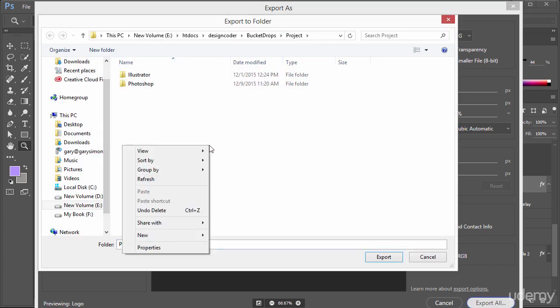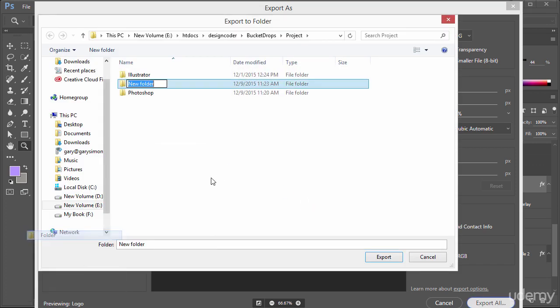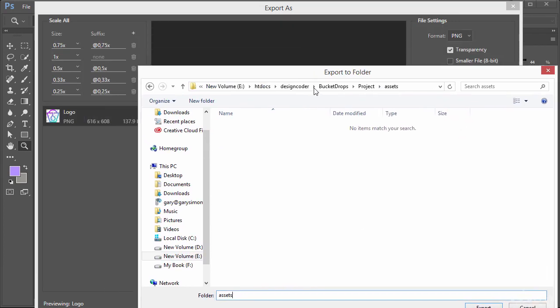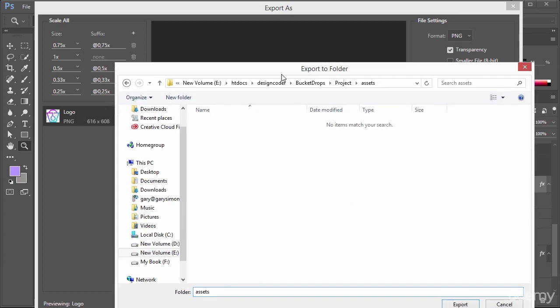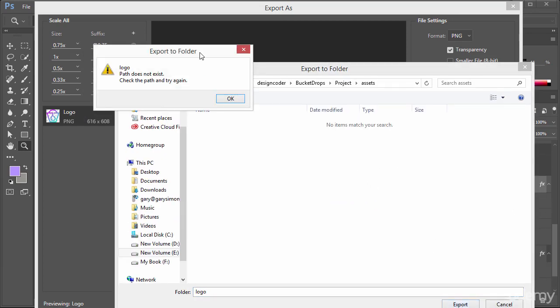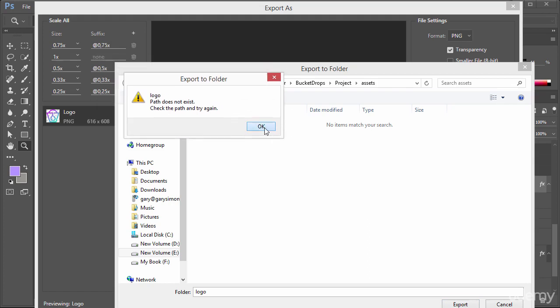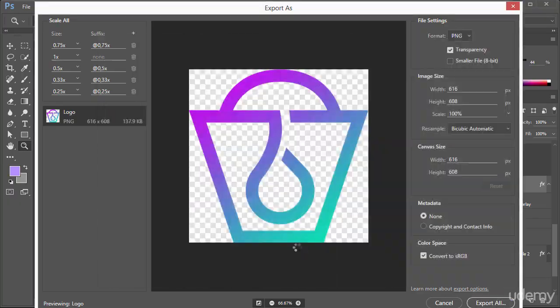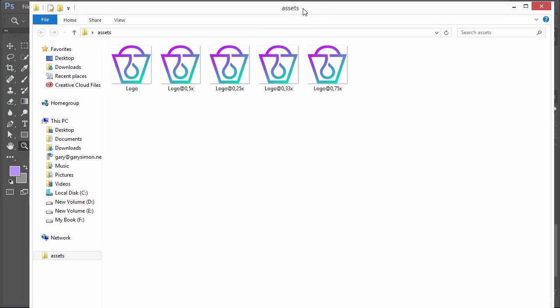All. And I'm going to create a new folder. We'll call this Assets. And we'll go ahead and just give this the name of this right here. We'll give it a logo. So we're going to hit Export. Oops, 1 second. Just click up here on Assets, hit Export, and it's going to bring up our folder here with all of